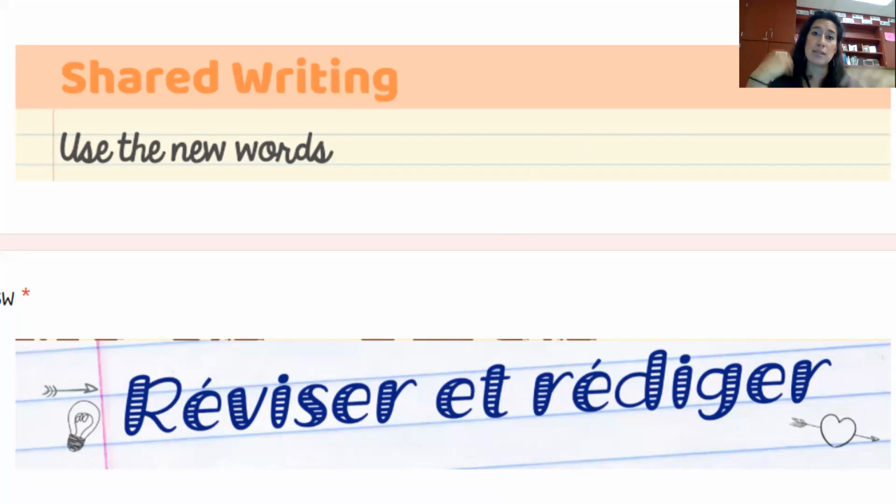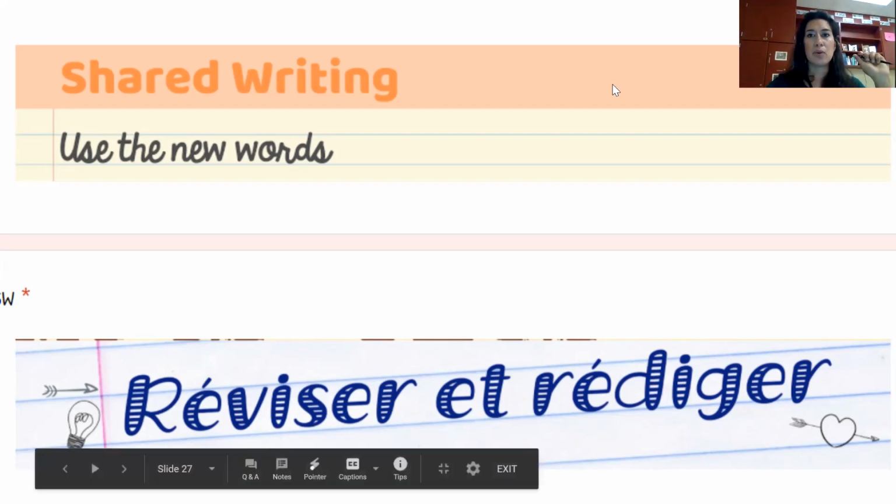So do it with me as we go, and that way you are writing as much French as possible, not just like one sentence at this point. You should be spending a good few minutes writing this down, and you can either just write a sentence or two in the box and then write on paper. That would be wonderful. But you don't have to. You definitely have to do it on a Google form so I can see it.